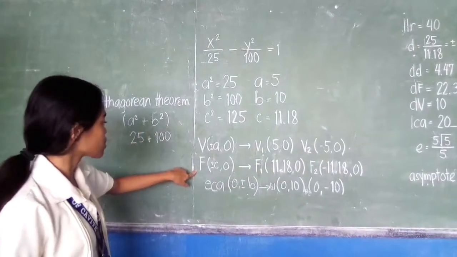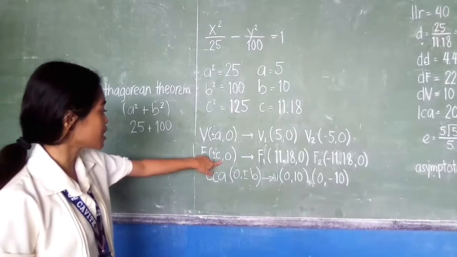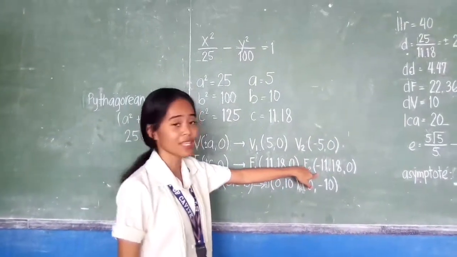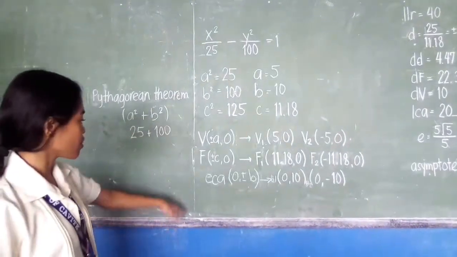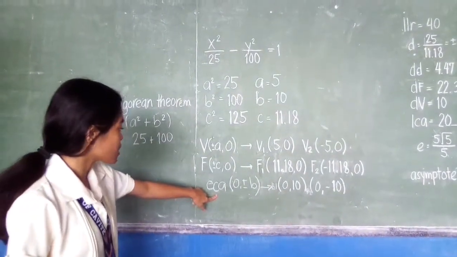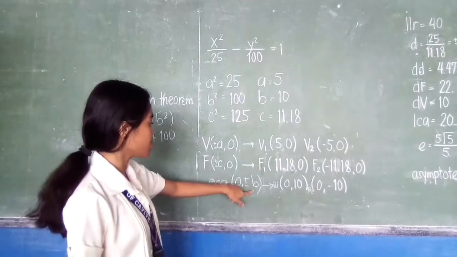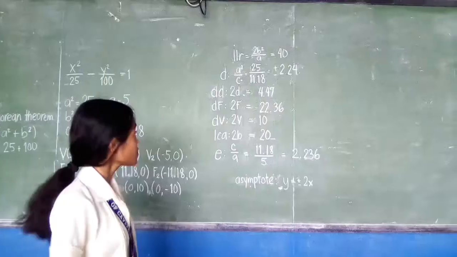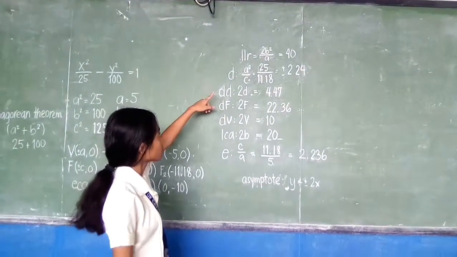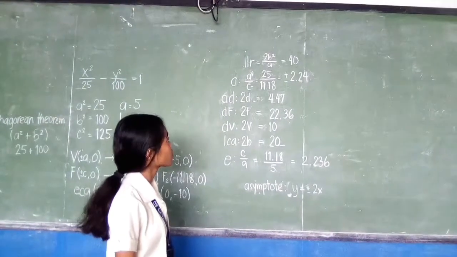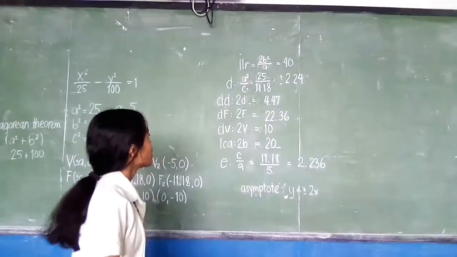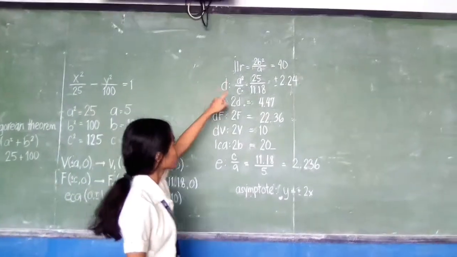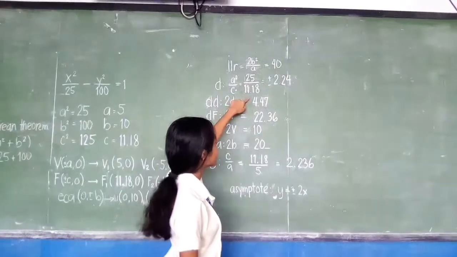For the vertices, we will substitute positive and negative a, 0 to 5, 0 and negative 5, 0. For the foci, we will also substitute positive and negative c and 0 to 11.18, 0 and negative 11.18, 0. For the endpoints of the conjugate axis, we will substitute 0 and positive negative b to 0, 10 and 0, negative 10. To get the length of the latus rectum, we will substitute 2b squared over a is equal to 40. And for the directrix, we will substitute a squared over c, which is 25 over 11.18, is equal to